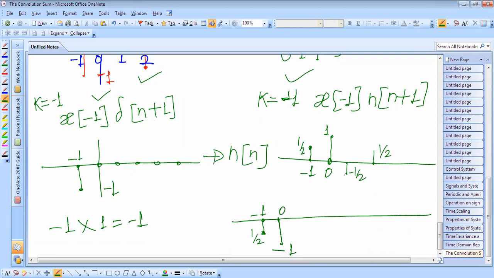Okay. So next, this x of minus 1 is again 1 and 2. What is the x of n plus 1 value here? At 1 it is half. So it is minus half. So what will be the value? It is a plus half. So on this side it is a plus half. Okay, so this is at 1.